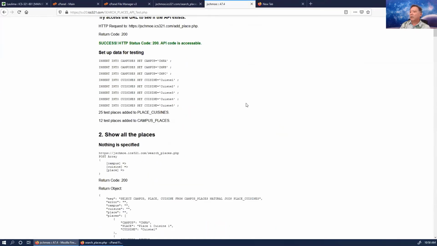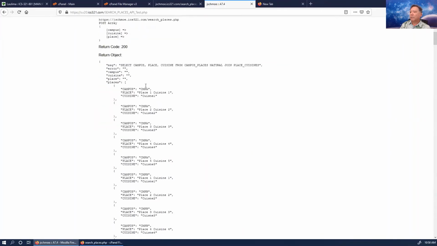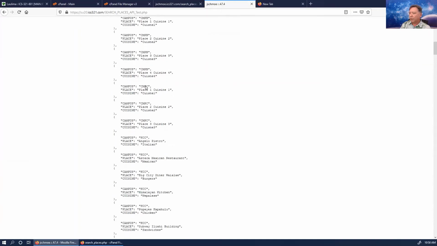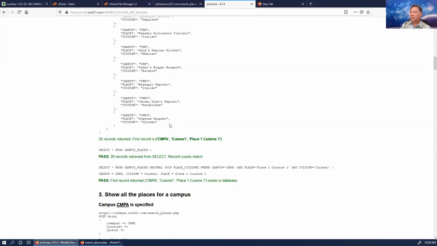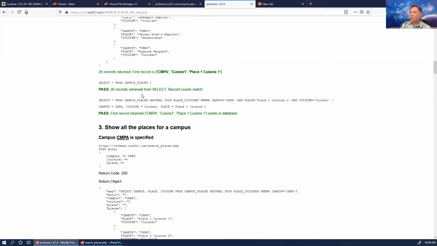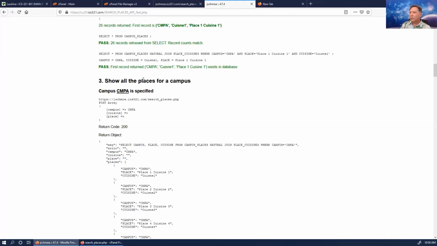And found it when nothing was specified. It returned the correct thing. You want it to return everything. It does. And then it checks that. Then the second thing is